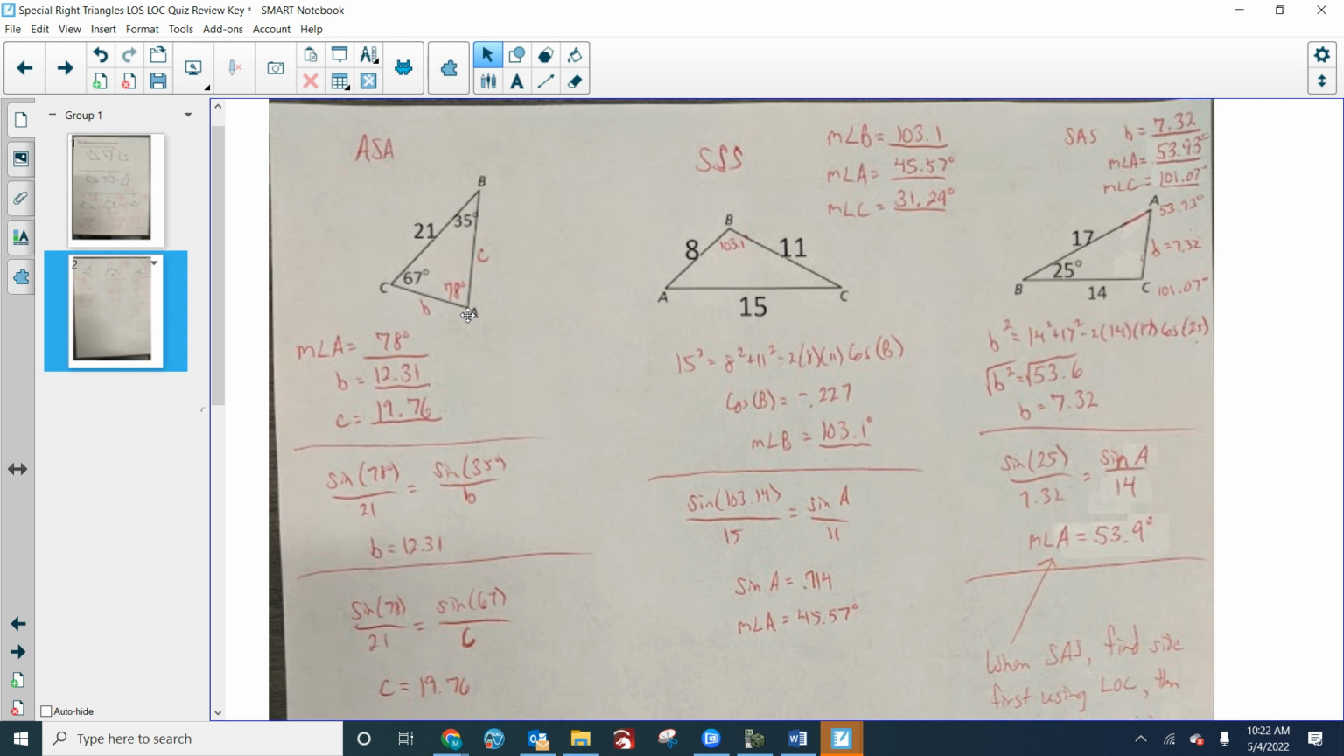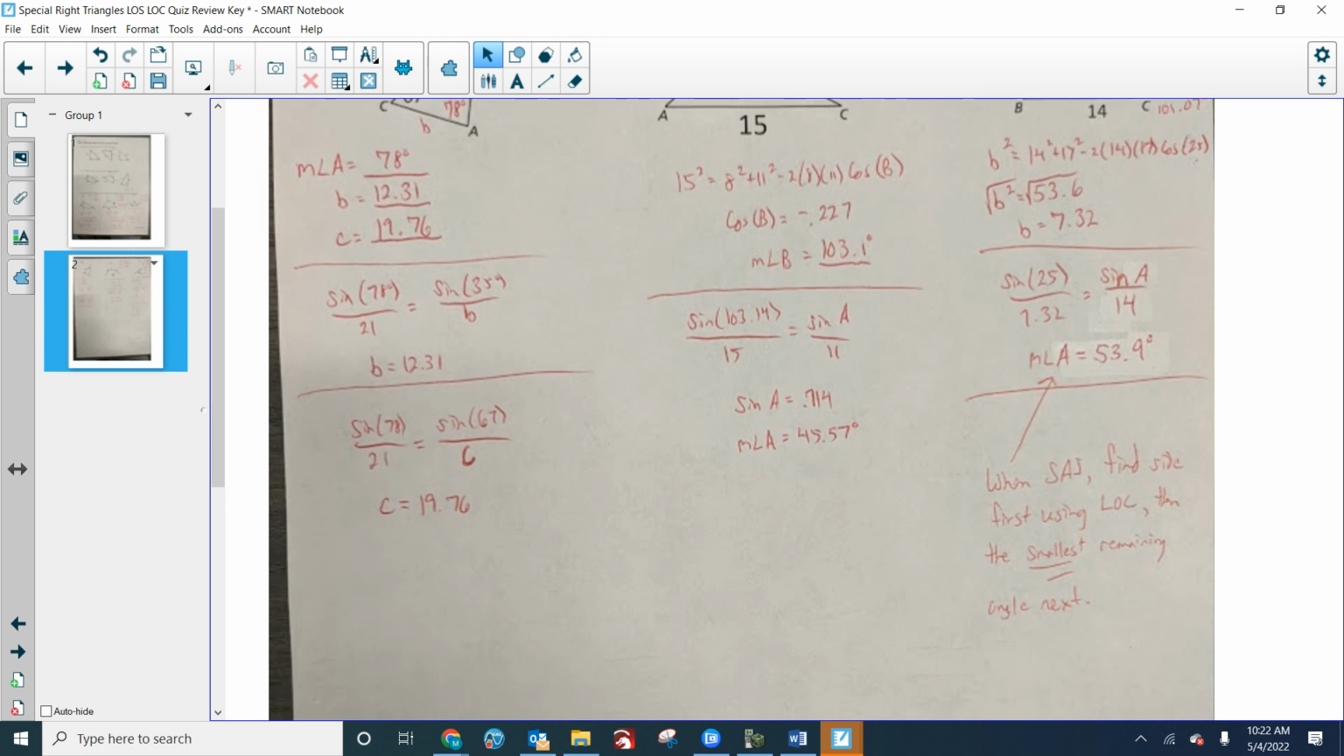So how do we avoid that? Once you've done the law of cosines, watch up here. If you're like, just cut to the chase. If it's SAS, what do you use first to find the first missing piece of information? Law of cosines. So I put a note up there. Use law of cosines first. Then law of sines to find